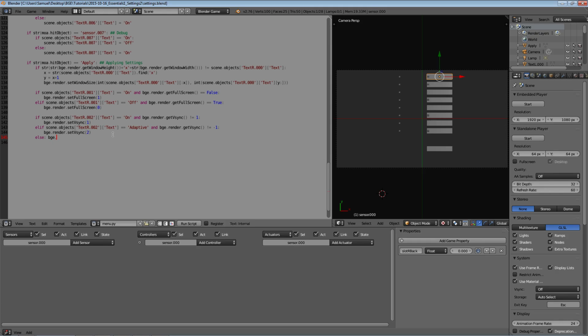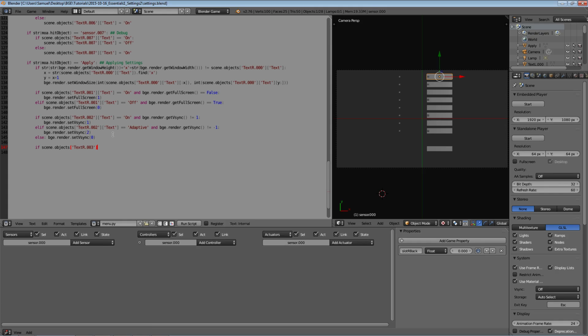Else, we're just going to go, well, if it's not those two, it's going to be the third option, which is we're going to set it off. And off should always be the default, because in case I have an error in my code, which I probably do, it's going to read that. So we're going to go text, moving on to the next one,